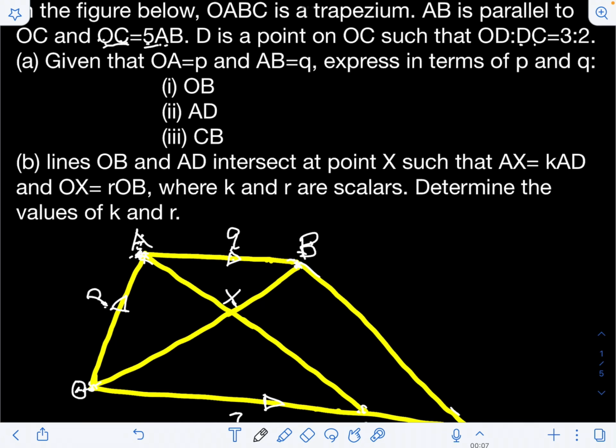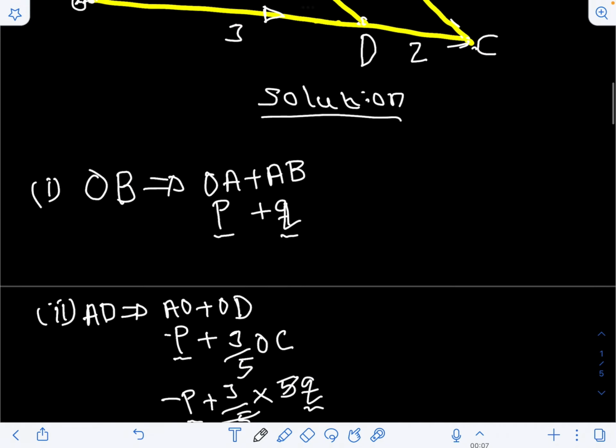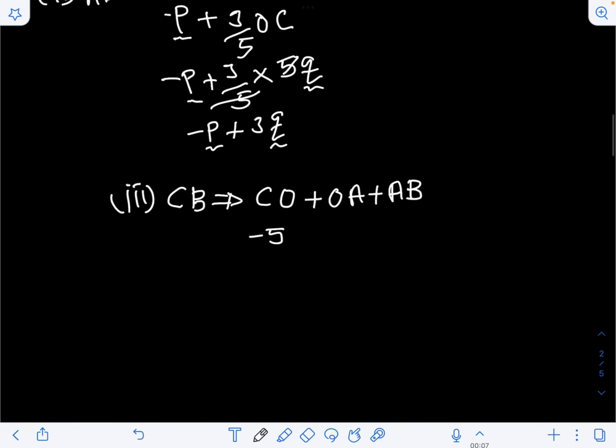CO means the opposite; we are opposing the direction. That means it will be negative, so we'll have negative 5 vector Q. Then plus